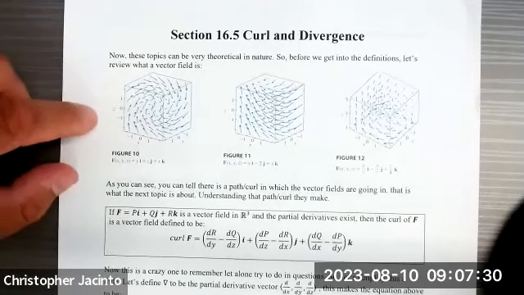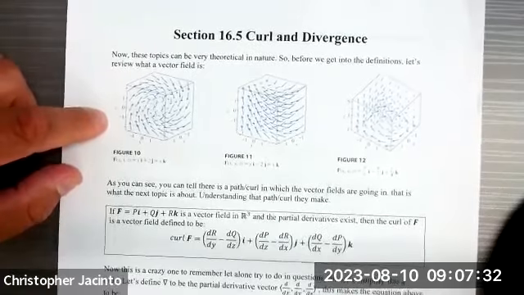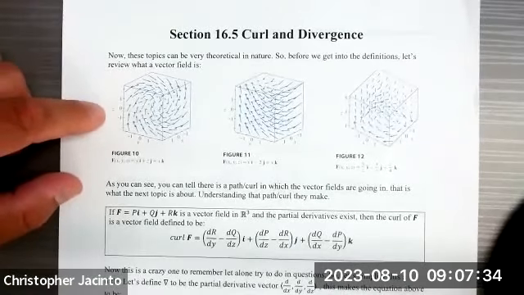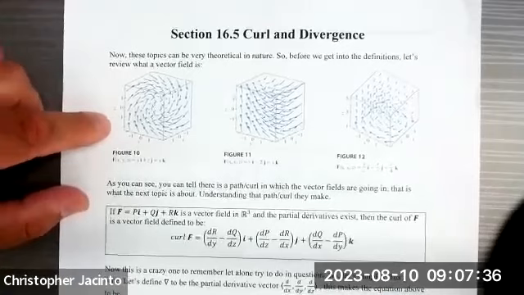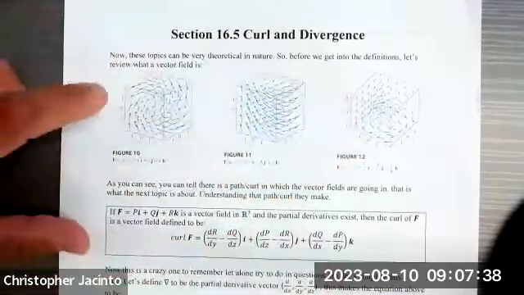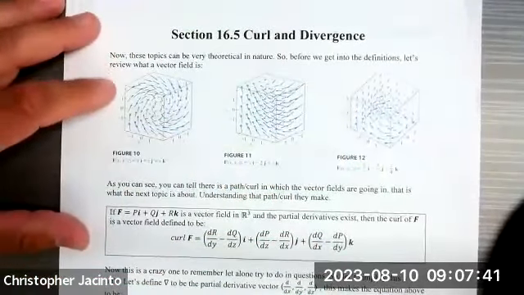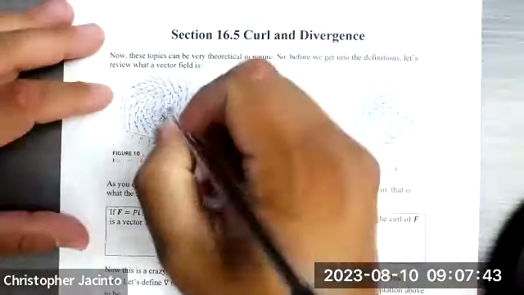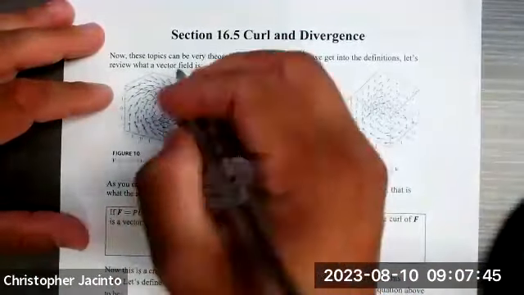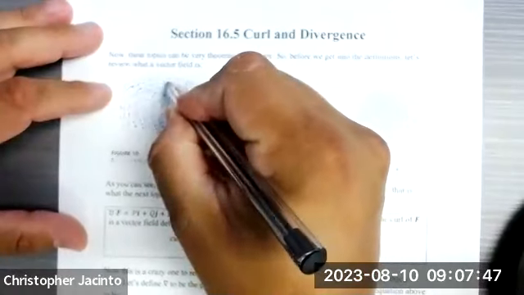A couple sections ago, we went through how to draw vector fields in space, and those were pretty difficult to deal with, but doable, right? So here we have three vector fields. And I hinted in that section as well, notice they follow a nice little pattern, right? For example, if I follow these arrows,